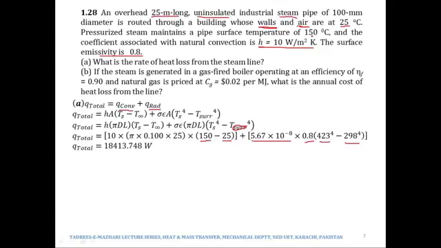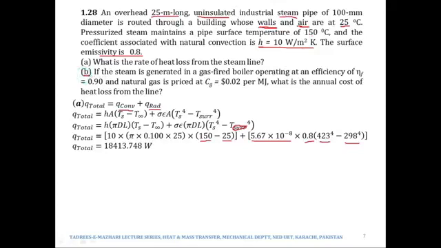The temperature difference between the inner surface of the pipe and the outer surface of the pipe would not be that large. So we will see in future that in some cases we would be assuming that the inner and outer surface temperatures of the pipe are almost the same. It means that we are saying that the material of the pipe is highly conductive in nature. So over here, since we are considering the heat loss, and the heat will be lost from the outer surface of the pipe, we say that we are given the outer surface temperature of the pipe as 150 degrees Celsius. Now in part B,